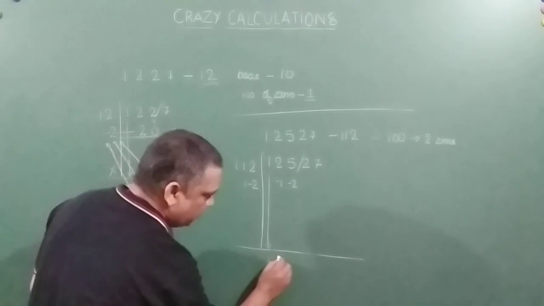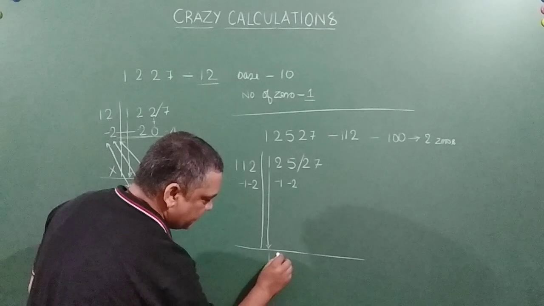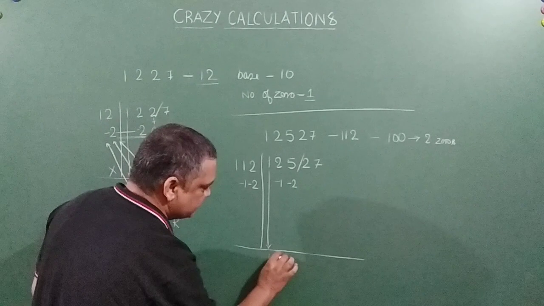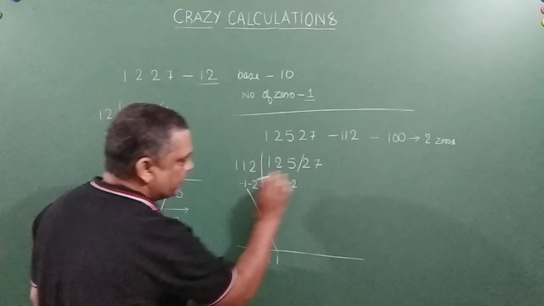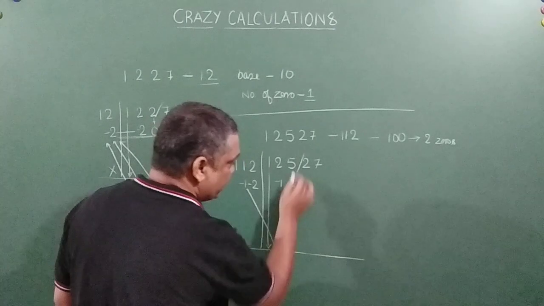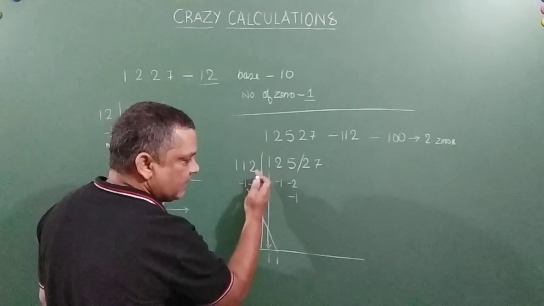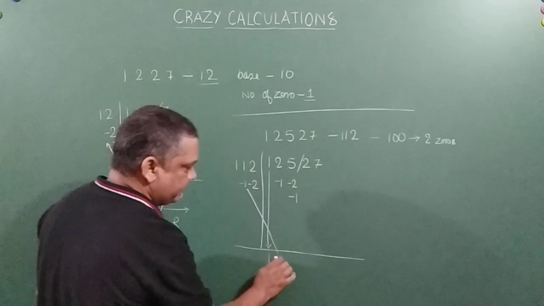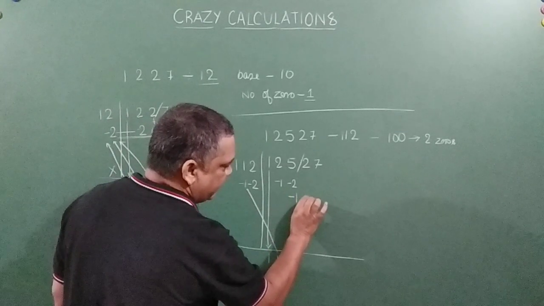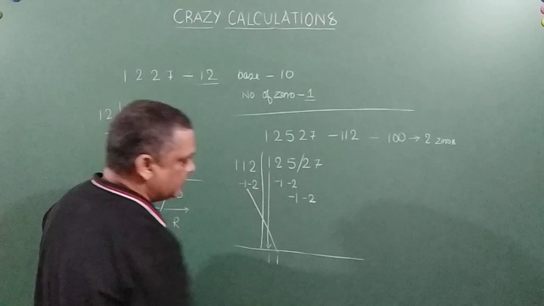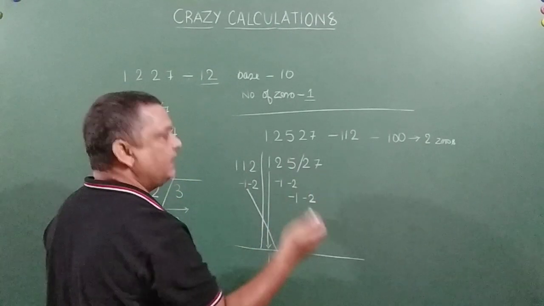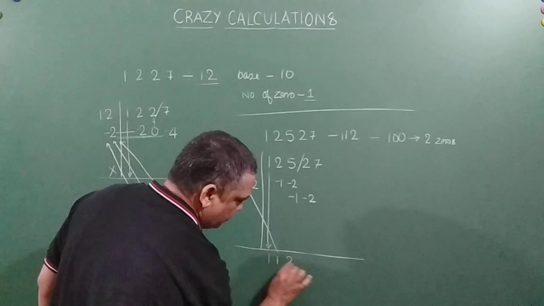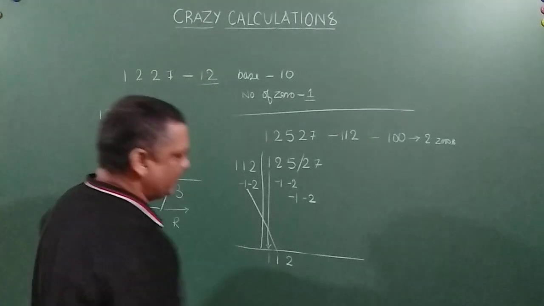Correct? Now with this one I am going to multiply this. You are getting my point? It will keep shifting here. So 1 into minus 1 is minus 1. I am going to write it in the third column now. I will keep leaving one column at every step. Minus 1 and minus 2. Right? Now I will add the third column. So this is minus 3, so plus 5, so plus 2. You are getting my point?